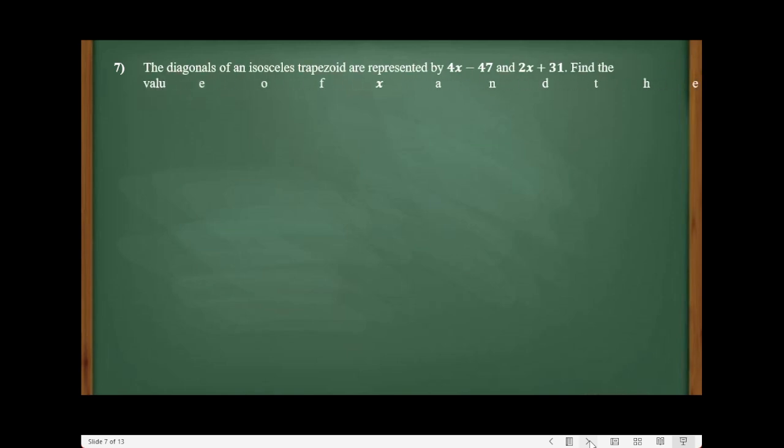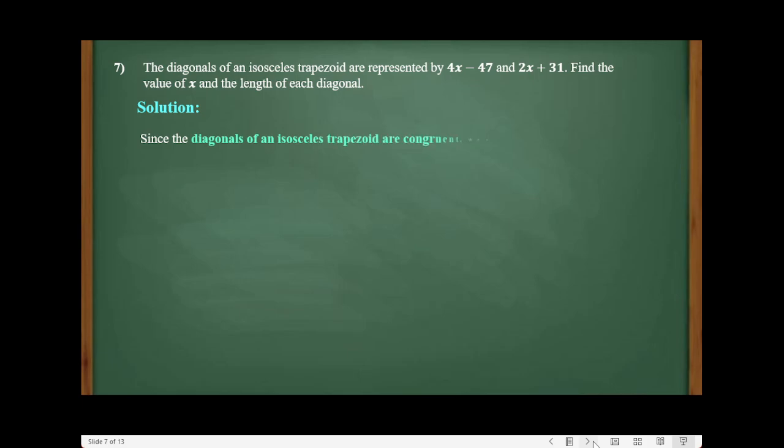Now, the diagonals of an isosceles trapezoid are represented by the expressions 4x minus 47 and 2x plus 31. Find the value of x and the length of each diagonal. Since this is an isosceles trapezoid, we need to recall a particular property that we must use in order to solve this problem. And what is that property? That is: the diagonals of an isosceles trapezoid are congruent. So basically,